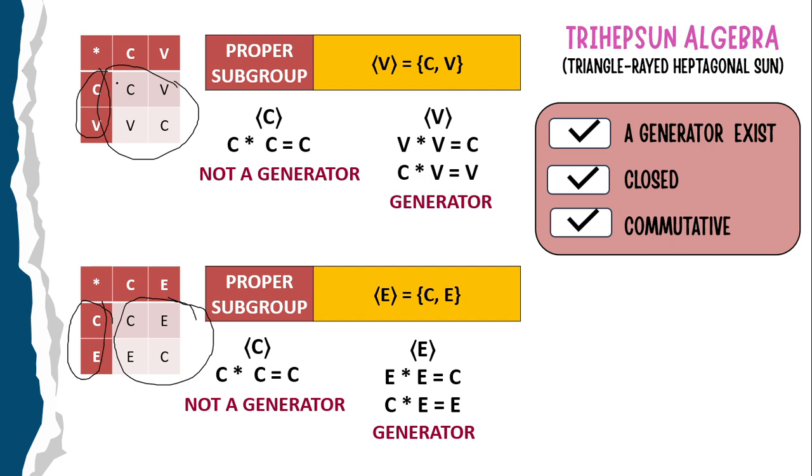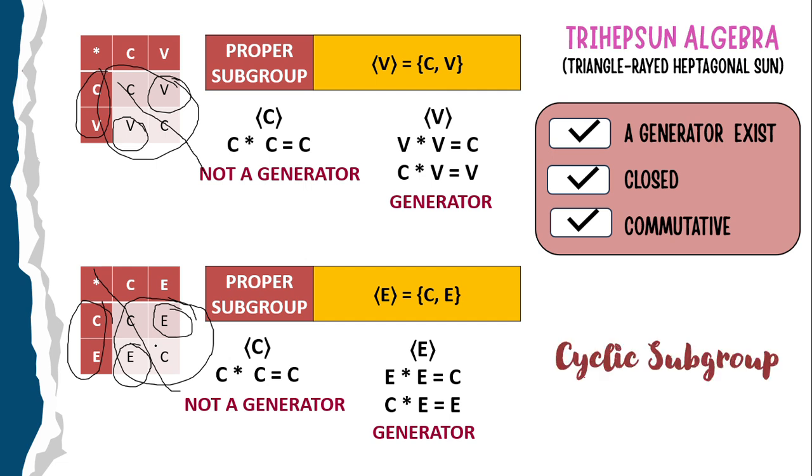because on commutativity, if we get the diagonal here, the elements on the top and here are the same as with this second table. It has a reflection on its diagonal. Therefore, it is a cyclic subgroup.